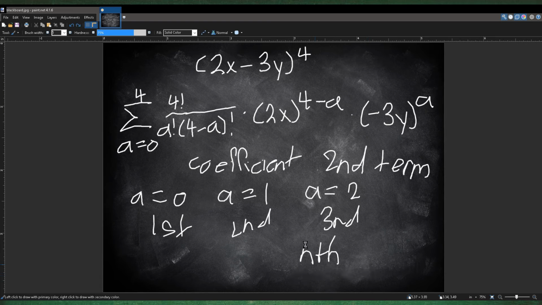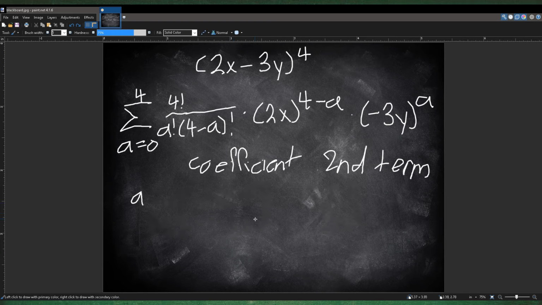So that's what you're going to do. You want to look for the second term, so you actually look for when a is equal to 1. Let's say you want to find the coefficient of the second term. You only do this one time. You don't want to waste your time finding the third term, the fourth term, the fifth term, the first term, it doesn't matter. So you want the second term,